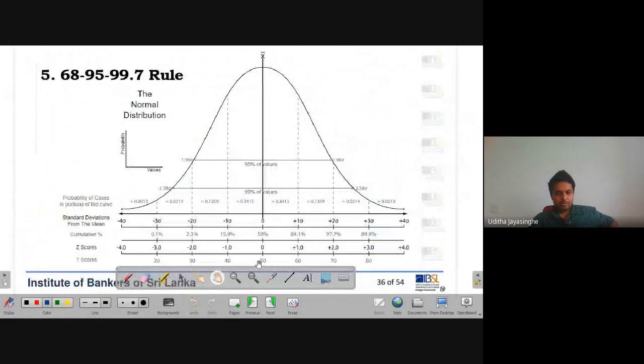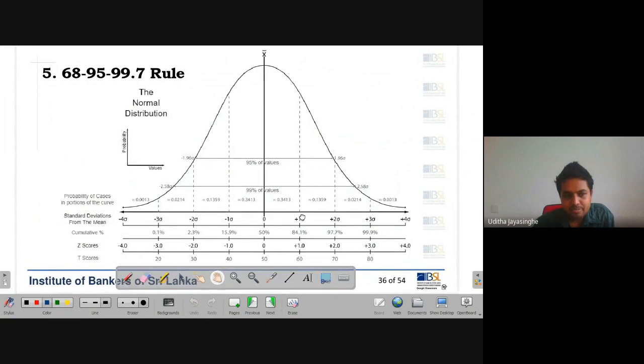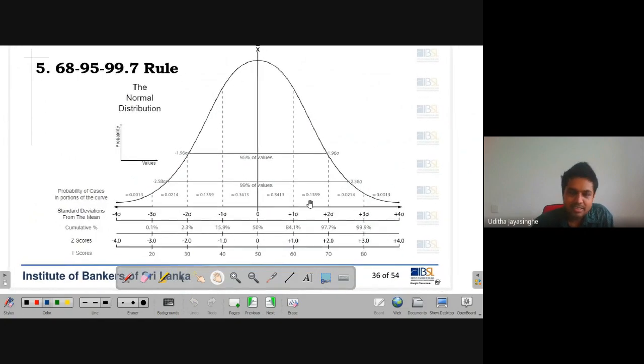Now let me quickly go back to this particular rule and that particular explanation. Now how have you got these possible values? That is also from the standard normal distribution curves. I mean, for example, if you calculate this particular point of